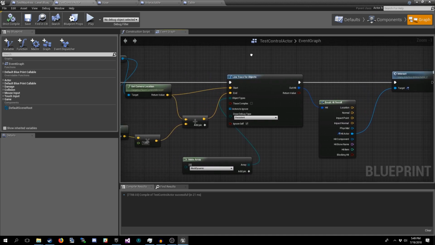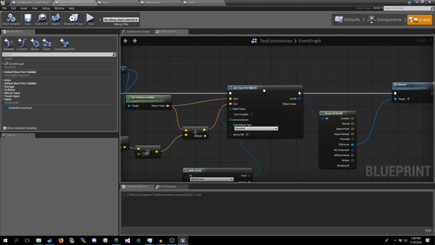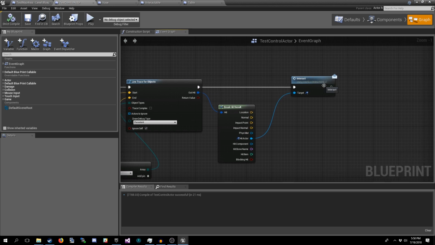So to recap, what's happening is I press G. It draws a line in front of the camera, pointing in the same direction the camera's pointing, and the first thing that line collides with, it tries to call this interface message on. Now you notice we were trying to call this interface message on classes that don't implement it as well, those other statues for instance. Nothing happened.